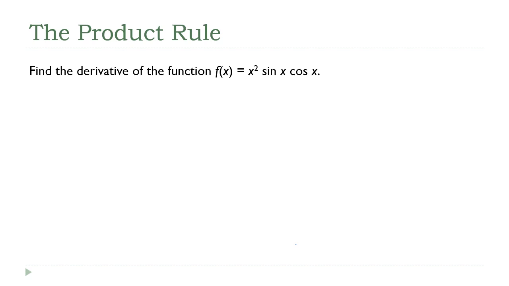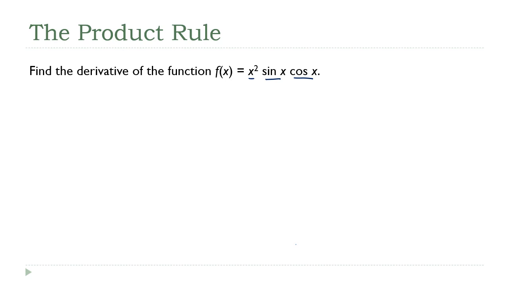So we have a function here, and we'd like to find its derivative. Now, when I look at this, the first thing that I see are three smaller functions being multiplied together. We've got the x squared, the sine, and the cosine. Whenever I see functions being multiplied together, first thing that comes into my head is, can we use the product